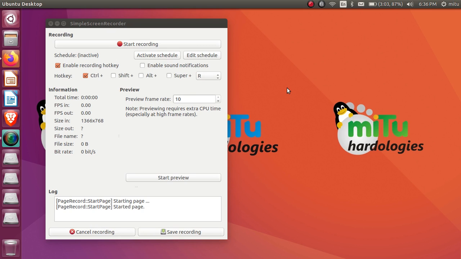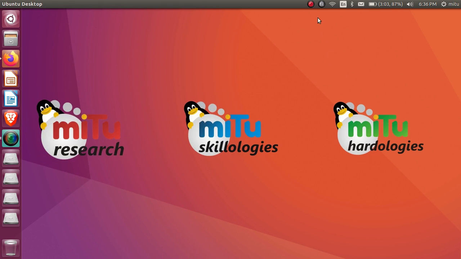So all these facilities are available in the Simple Screen Recorder. With the help of this Simple Screen Recorder, we can record videos and save them. When you start it, just look at how it is working. When recording has already started, we can pause recording, cancel recording, or save recording. Save is not directly possible. You have to pause it first and then we can save this particular recording, or if you want to quit out of this window, the quit option is available here. Once you press Control R, the recording will be saved at this specific location by the specific name of the videos, and that video we can use for further processing.